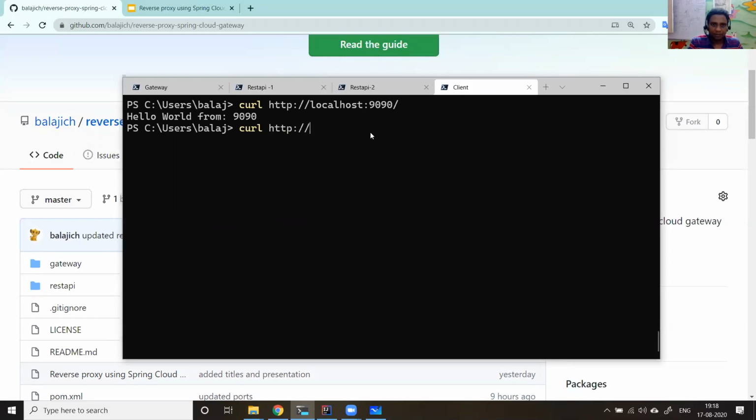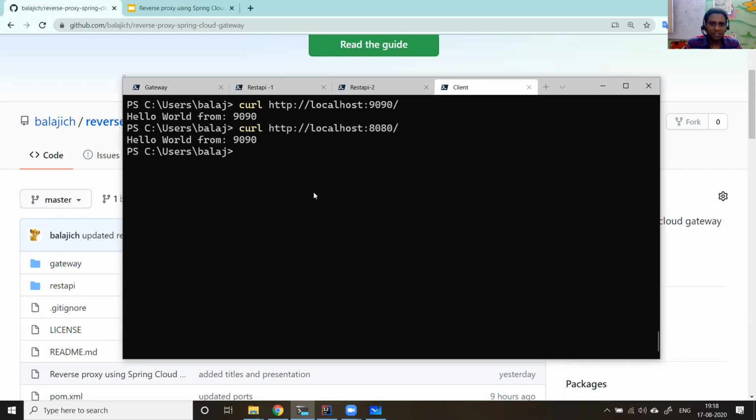You want to hit http://localhost:80, now you want to hit the Netty server. You want to hit the reverse proxy. When you hit the reverse proxy, it should give the request to the Apache Tomcat and serve the response back. So if you hit like this, here it shows that you got a response. From the response, I included the port number to give you clarity that the response is coming from the Apache Tomcat. So here the request is going to Netty, from Netty to Tomcat, then Tomcat to Netty, and Netty back to your curl application.